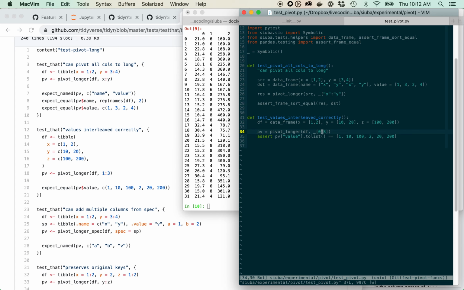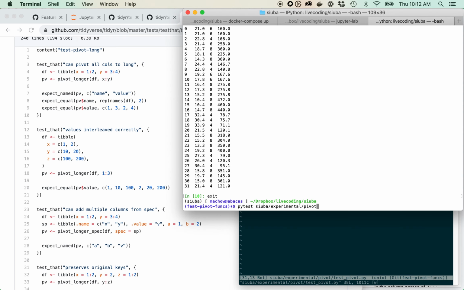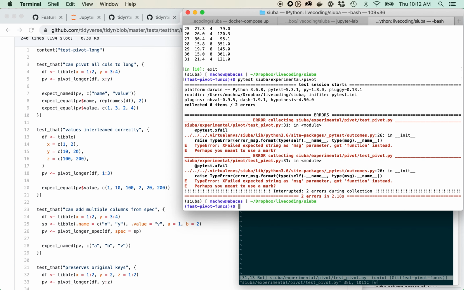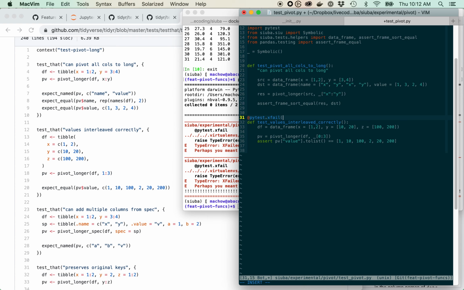This will fail because of the ordering thing again. What I'm going to do is I'm going to do pytest.xfail. I think that we can't. I don't think so. Skip lets you put a custom message in. I don't think pytest xfail lets you put. Oh no, yeah, you can. So let's